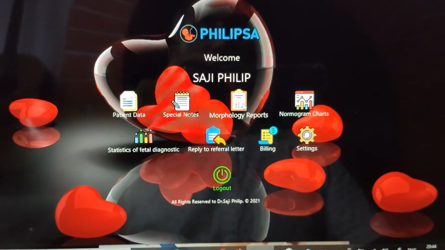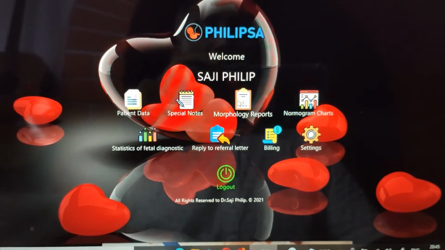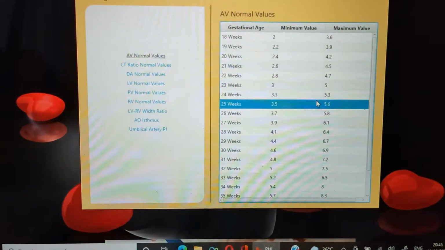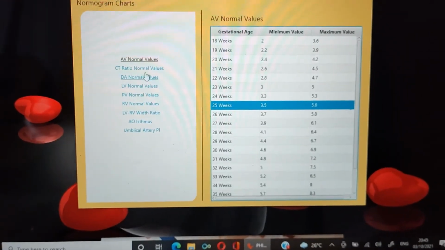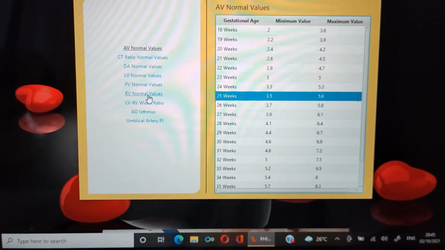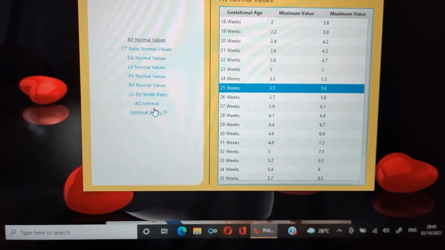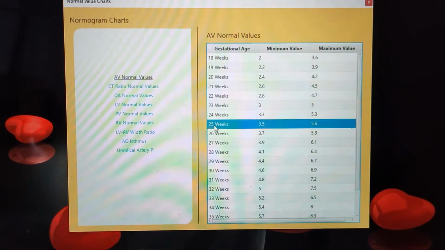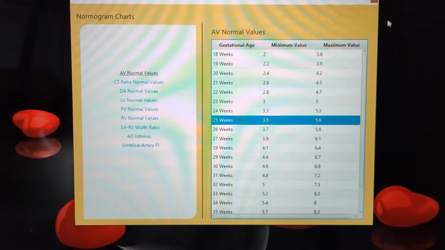If you are doing a fetal autopsy, you can type your patient's data on this. And this is the nomogram chart. Individually you can see the normal values of pulmonary valve, RV, LV, aorta, umbilical artery, PA, everything comes in that data.